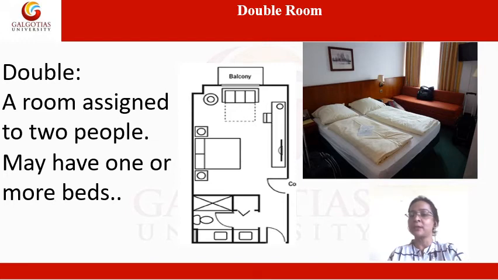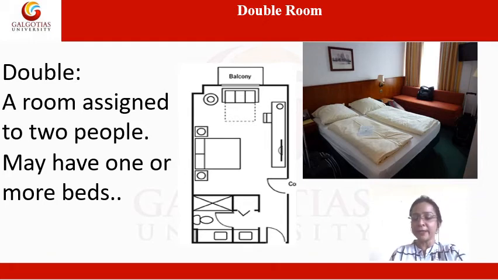Two duvets are placed on the double bed just to make your understanding a little easy, that this bed is used for two people. But what happens if the guest wants to occupy one more bed according to the occupancy of that particular room? Then the guest can use one extra bed, but that extra bed can be put somewhere else in the rest of the area, not over the bed. The rest of the area can be used to fix the extra bed in case of a guest requirement. So this is all about your double room.